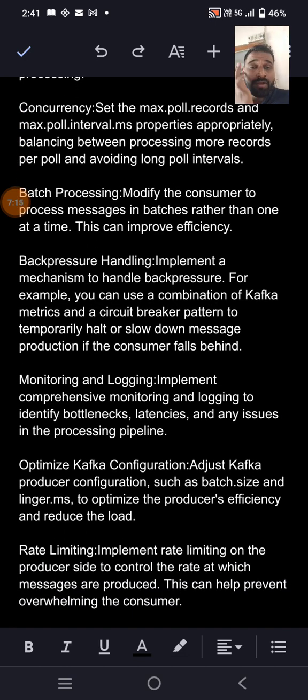And then rate limiting. We also have a rate limiter. With the help of rate limiting, we can control the rate at which messages are produced. It also prevents overwhelming the application on the consumer side, as the consumer would otherwise need to consume more messages than its capacity. So the rate limiter is also one of the